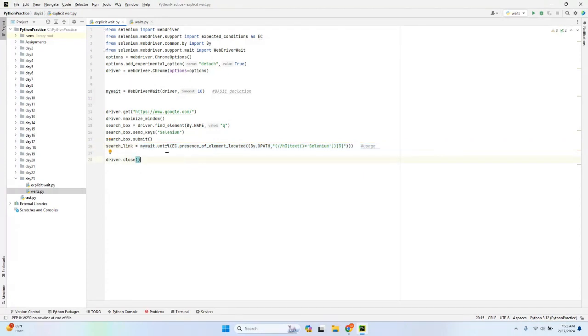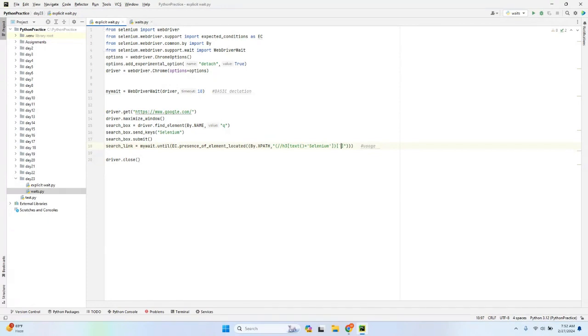So in the usage, you are just specifying the condition. You are just saying to the WebDriver: until this particular element is loaded, even though it is taking 1 hour, 2 hours, 10 hours, wait until this particular element is loaded. This is the condition actually. You need not do anything. You should not do anything. I'm just saying that to the WebDriver. And once this element is loaded,